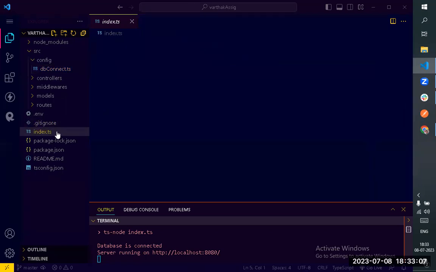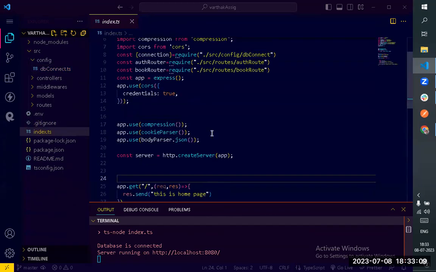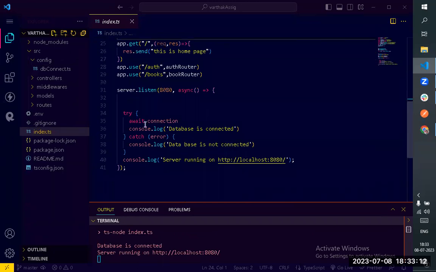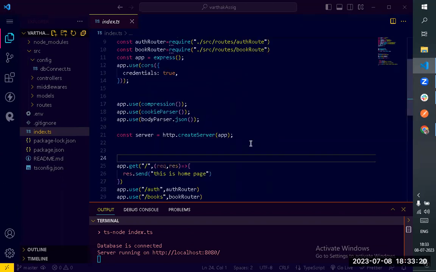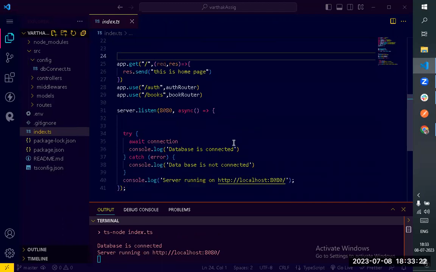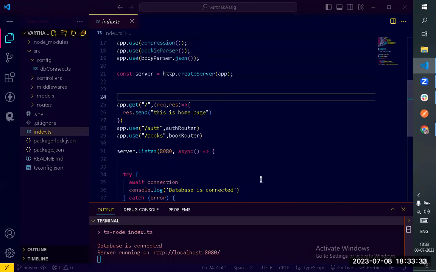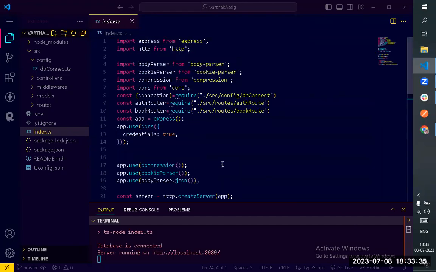So here I am doing the connection. We write the connection, and this connection is imported from the config folder. Now, if this is fine, it will console "database is connected", else it will show me "database is not connected". Okay. Now come to the